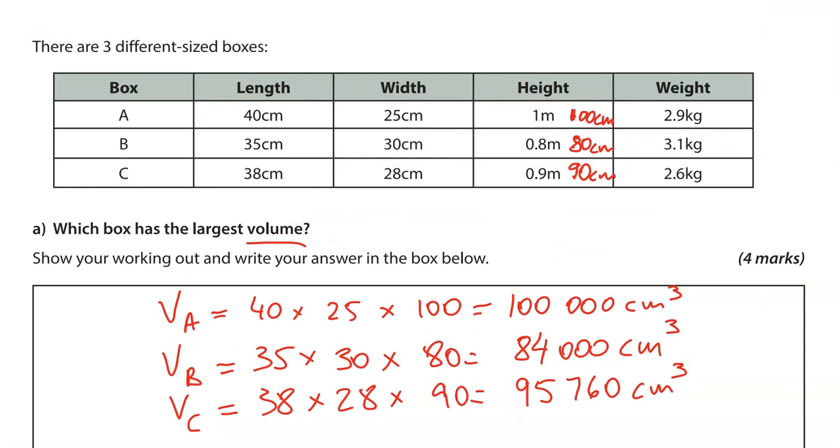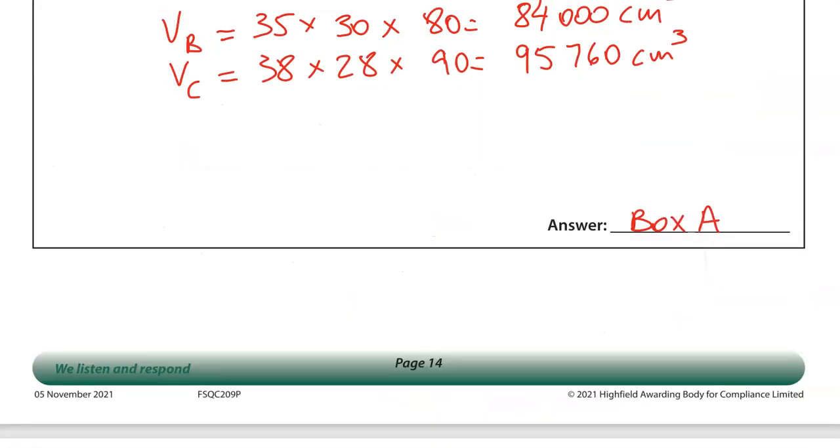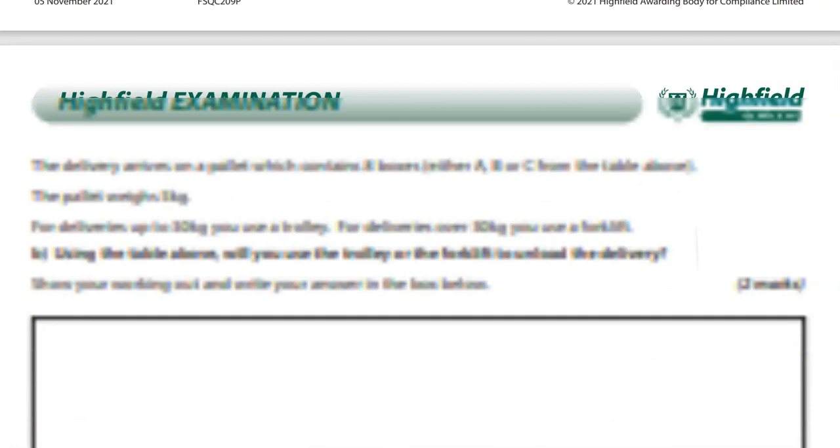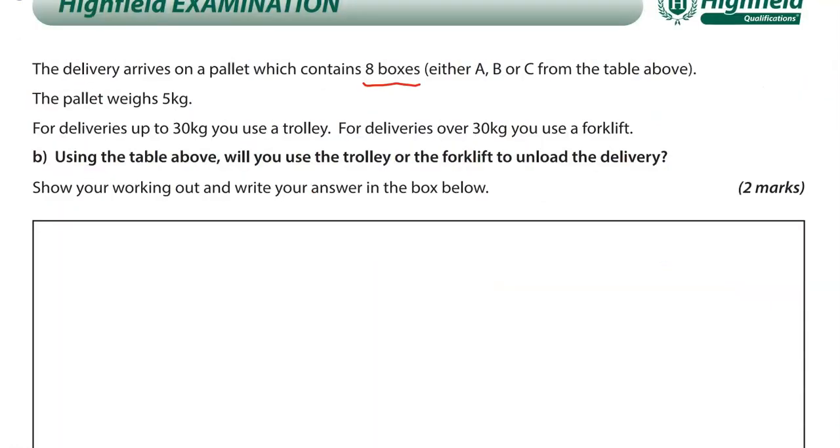So the heaviest of them 3 is this one with 3.1 kilograms. So we're going to multiply 8 by 3.1, and that is 24.8 kilograms. The pallet itself weighs 5 kilograms, so if we add 5 to that,